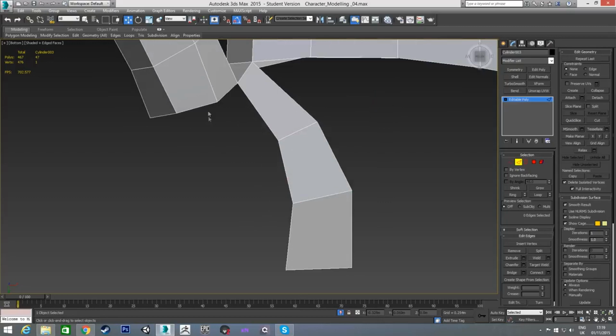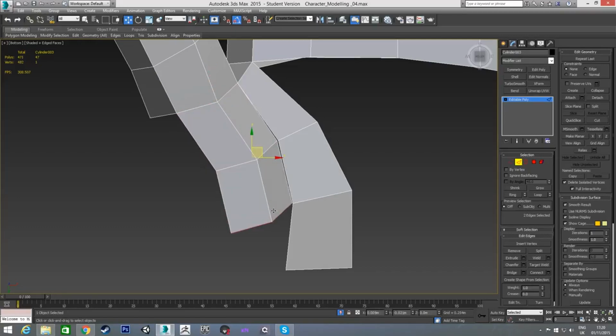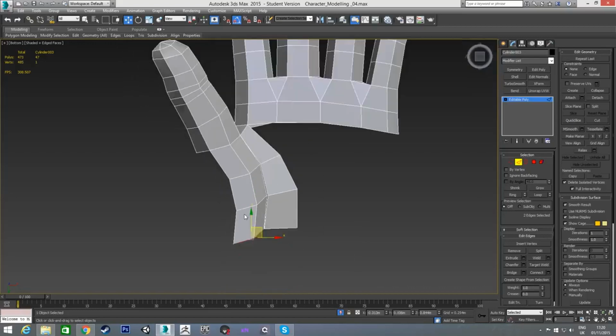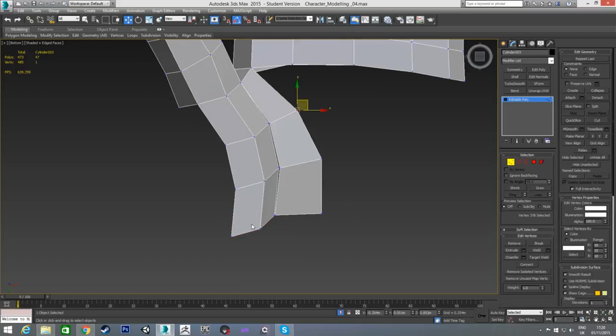So what I'm going to do is just pull out these 2 edges to follow this kind of shape here. So just select these 2 edges and pull them down, follow the kind of line that I've done with the other ones. So something like this, and now just line these up as well. So I think I might move this down a little bit further. Okay, so again, just reposition all these,